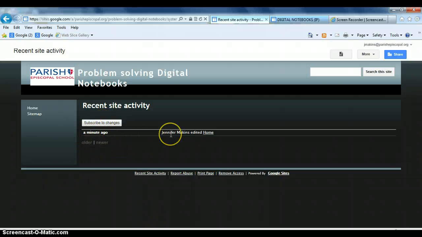when. I mentioned in the session it's interesting to know when 5th and 6th graders are doing their homework. So once more time has passed, this would either have a date here instead of a minute ago, or it would say hours ago, and tell me who edited. And it tells me that I edited the home page in the Digital Lab notebook, whereas in robotics it's got all of those different subpages, so it would tell me which particular subpage within the site